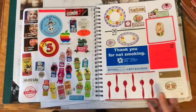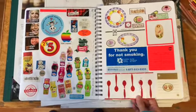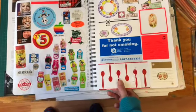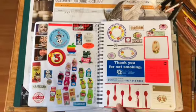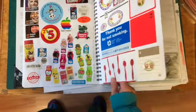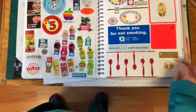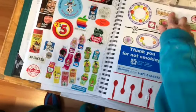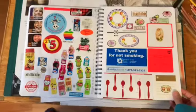But anyway, so yeah, I'm probably never gonna finish that, which is probably why I decided to just call this journal done. Oh, looks like I'm gonna need to use a glue stick on some of those stickers. Anyway,